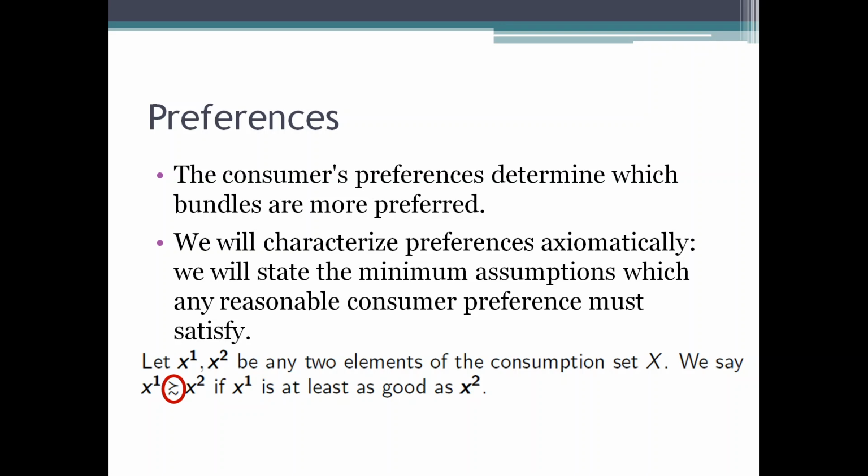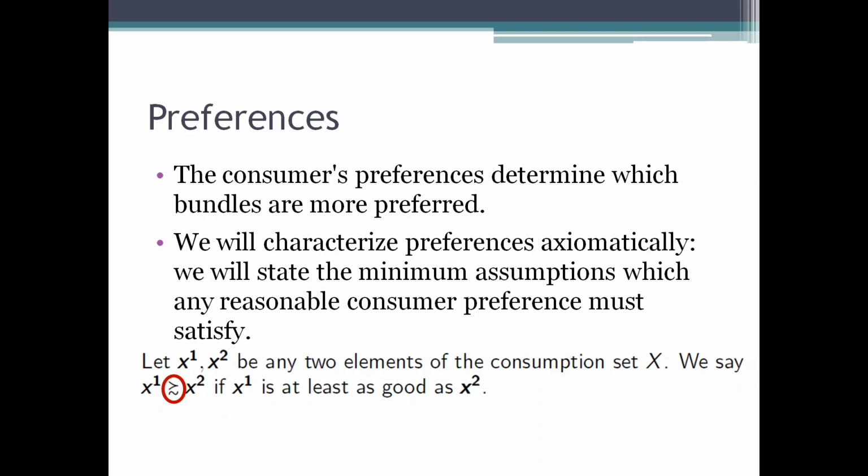X and Y are the same for me. It doesn't matter. Definitely, I don't like Y at all. So once I say I prefer, this means that I can determine which bundle is more preferred than the other. We will characterize the preferences by some axioms, some assumptions, and those are the minimum possible assumptions to have